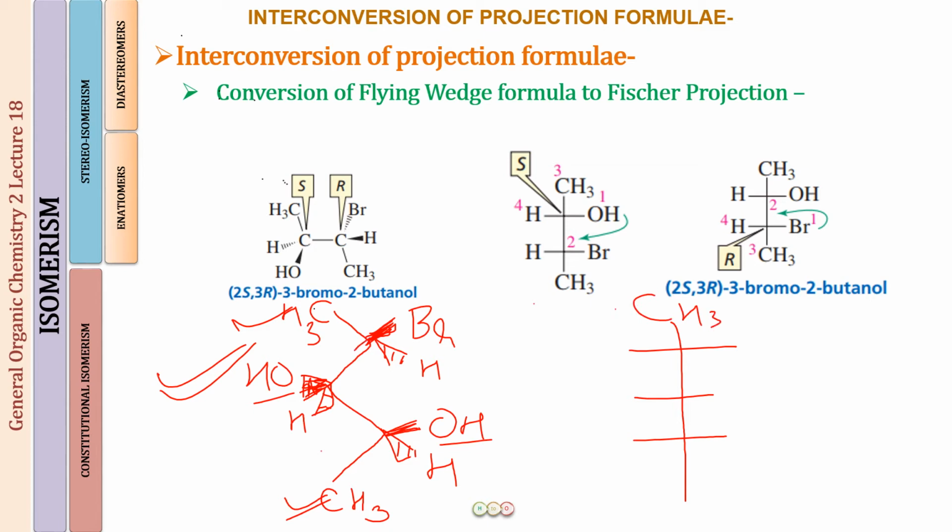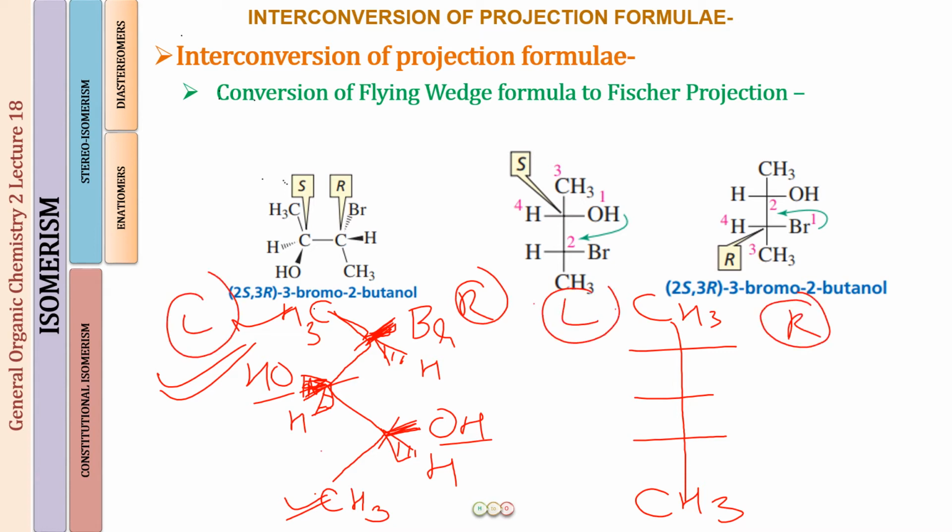We have this to be chirality center number 1, 2 and 3, and then the CH3 group. So for the 3 chirality centers, we have drawn the 3 vertical lines. Once you have done that, now you can see that this is the vertical line. So this is my right side, this is my left side. This is the right side, this is the left side. So here now the groups, they are on the right side.